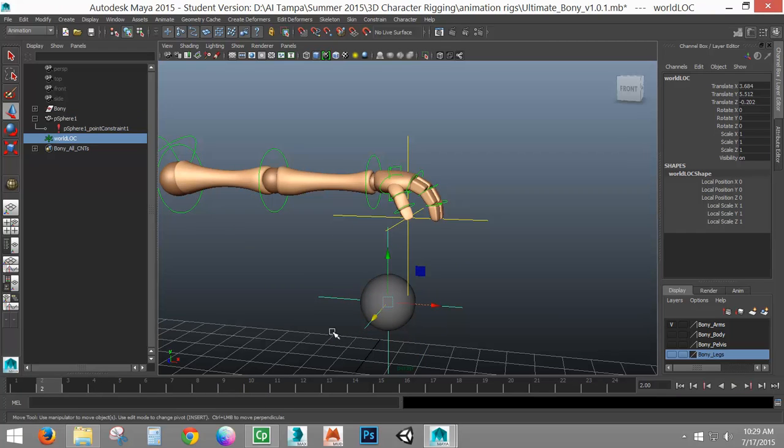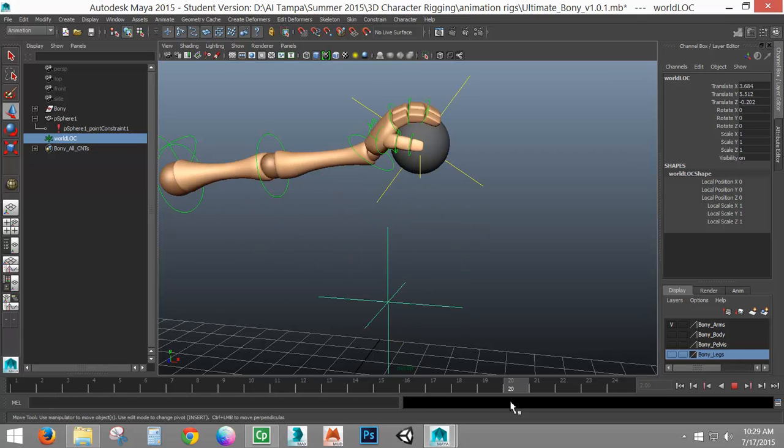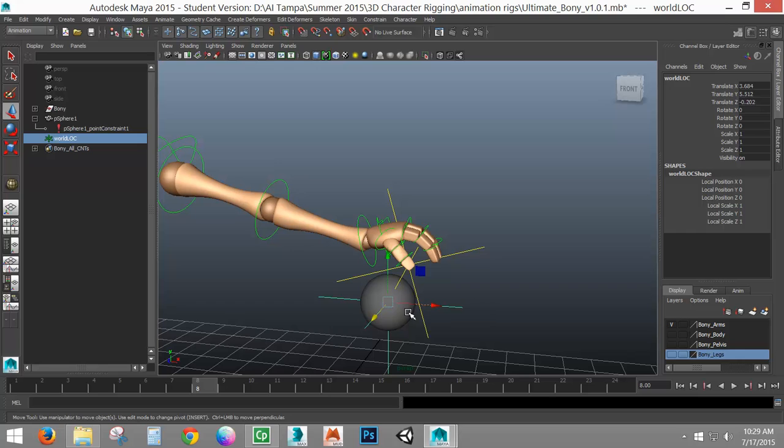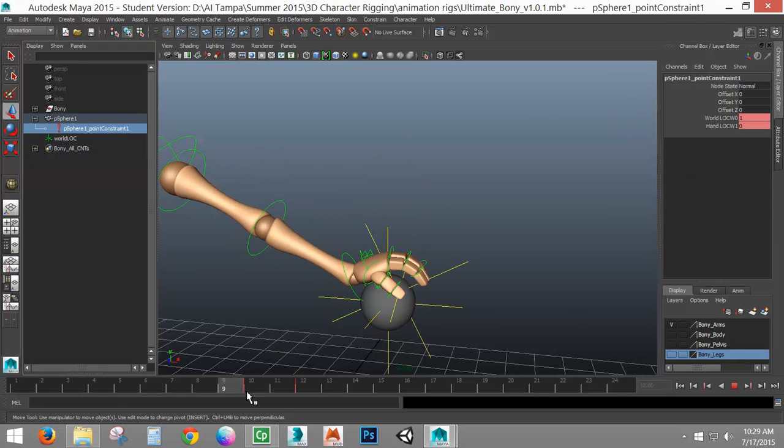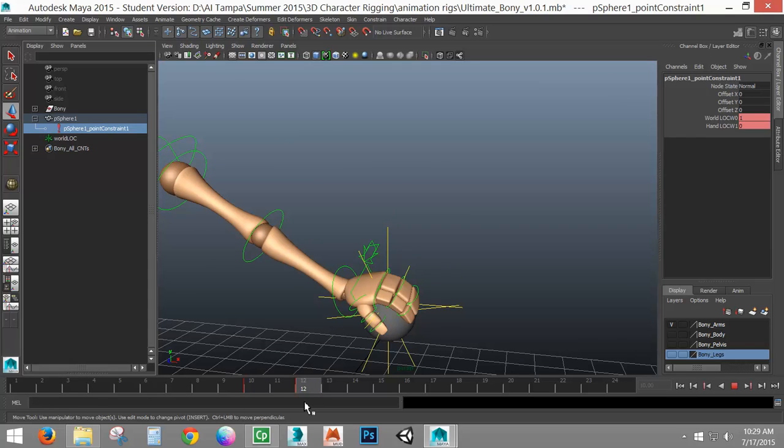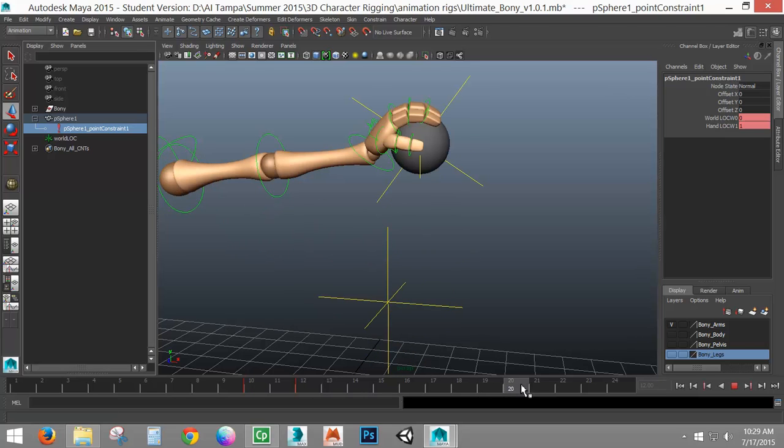Okay, so magic table, ball sitting on it, arm rotates down to pick up the object, and it picks it up. So the idea is, again, that constraint on the object for those keyframes: you have your initial, which holds it in your world, your first location, and then you have a keyframe that switches it. I now am under my hand, and since my hand's in the magic place for it, it looks like it magically picks it up and then has it. Now if you had another location, another thing your object had to do, as in I picked up a ball and I'm throwing it, I would create a third locator, and I'd create it up here.